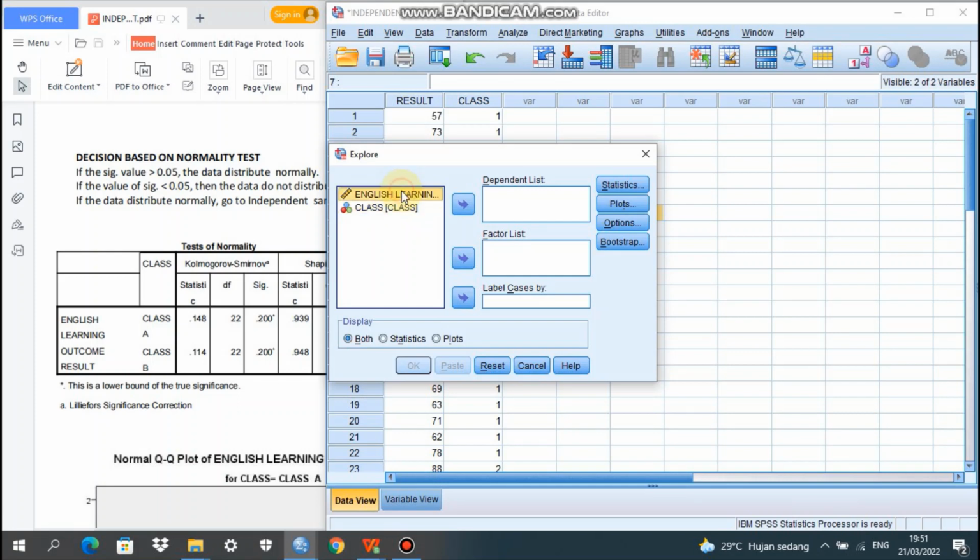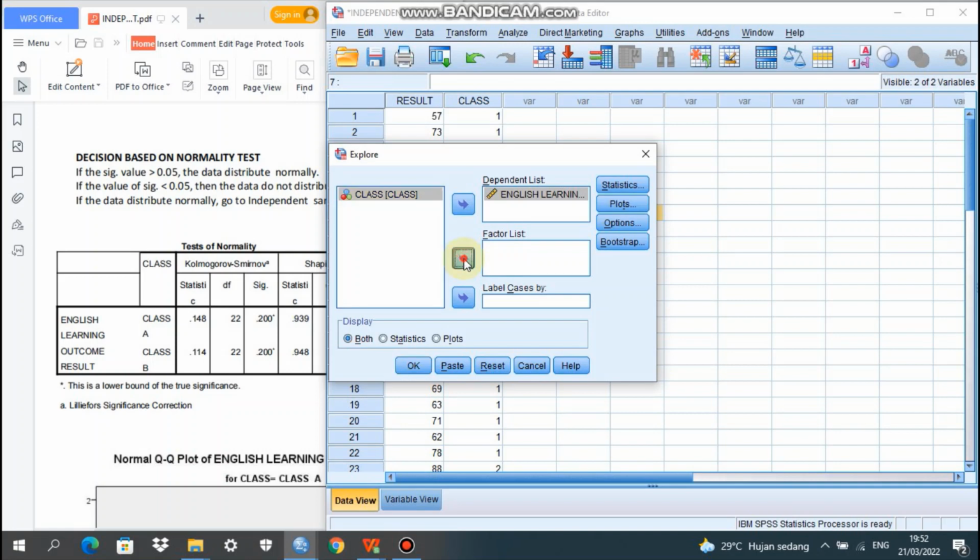It's very easy. In the dialog box on the left, English learning outcome result, we move it to the dependent list in the dialog box on the right. Just click the arrow. Okay, good. We click class in the dialog box on the left and move it to the factor list on the right.